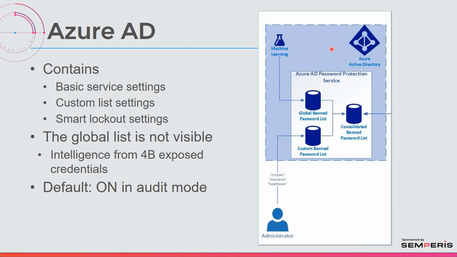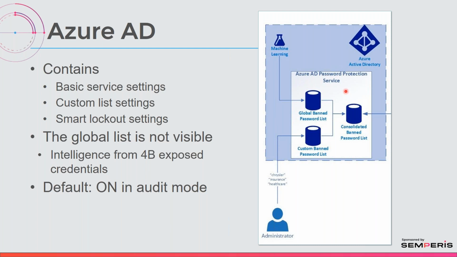So the Azure AD component. This is a blade that I'm going to show you in Azure Active Directory. It contains the basic service settings, it has the custom list settings, and it has the smart lockout settings. From an architectural point of view, we have an abstract that shows the machine learning that's going on in Azure, taking all of its data and reducing it down and creating a global banned password list. In addition, this is where the administrator can create a custom banned password list. And these two are put together into a consolidated banned password list in the Azure AD protection